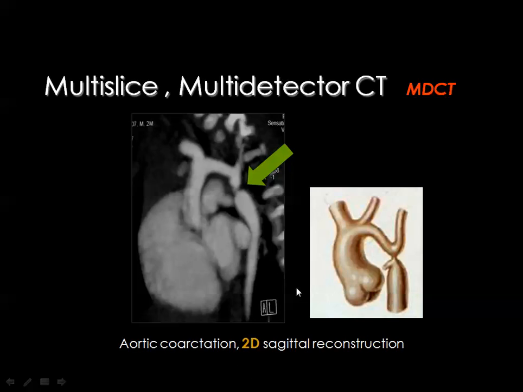Then vascular imaging is one of the major advantages of multi-detector CT, and this is an example. This is a case of coarctation of the aorta, and you want to diagnose this, you inject contrast medium intravenously, and you order the machine to scan the chest whenever the contrast media is in the aorta. Then you reconstruct the image like this one in the sagittal plane, and you see the ascending aorta, the arch of the aorta, and you see the site of coarctation, which is distal to the subclavian artery,